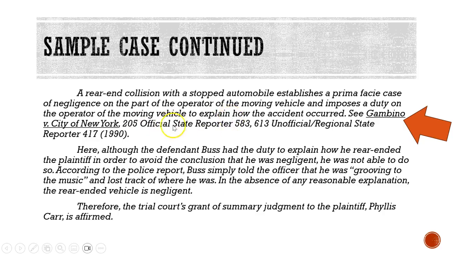Well, I see a lot of clues. In this case citation, I see an official state reporter noted here, and an unofficial state reporter noted here. The name of the parties is Gambino versus City of New York. That doesn't really tell us a whole lot, but after you get used to citations, it becomes second nature to know pretty much what a case is about. For example, if it says state versus Gambino, it's probably criminal. But in this case, it does not reflect that the state is the party, but a city is. And so I believe this has to do with